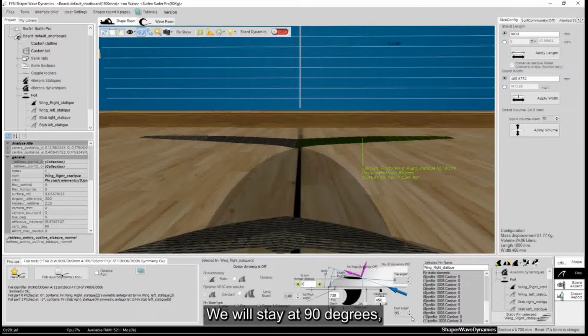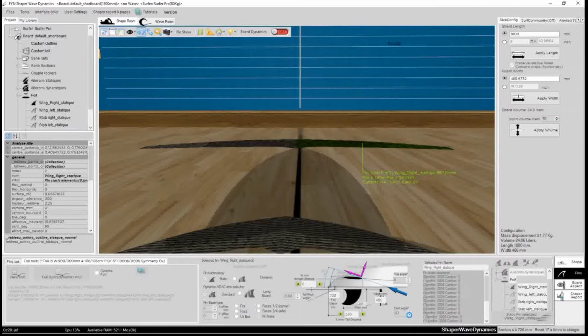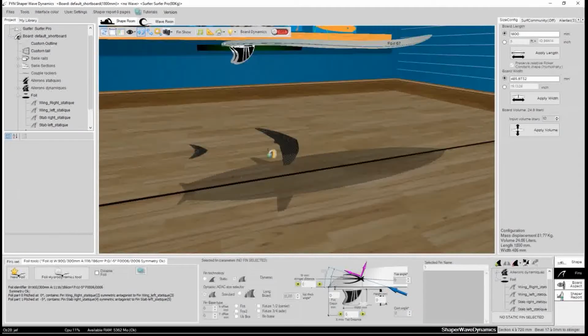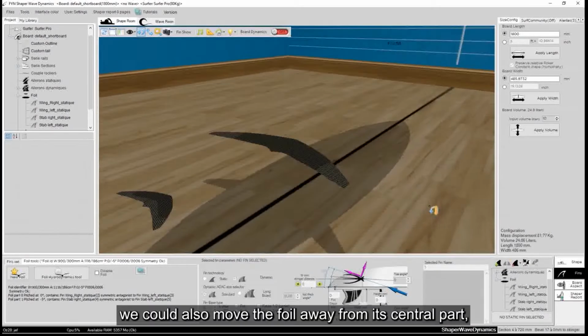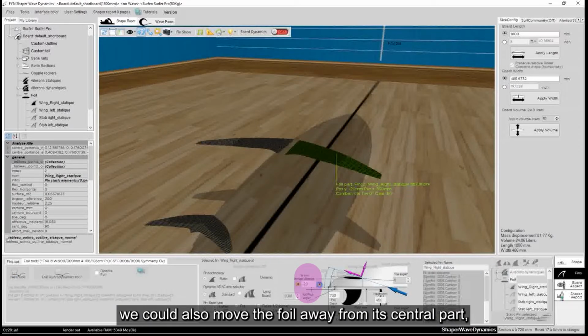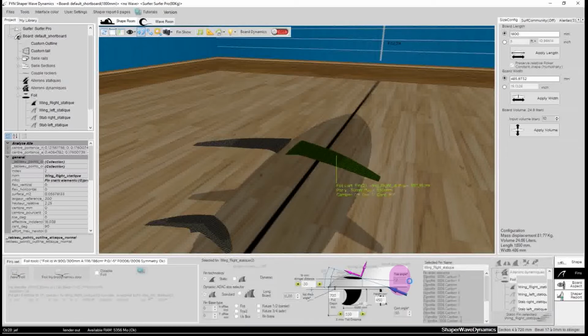We will stay at 90 degrees. We could also move the foil away from its central part, and even give it the toe angle, like this.